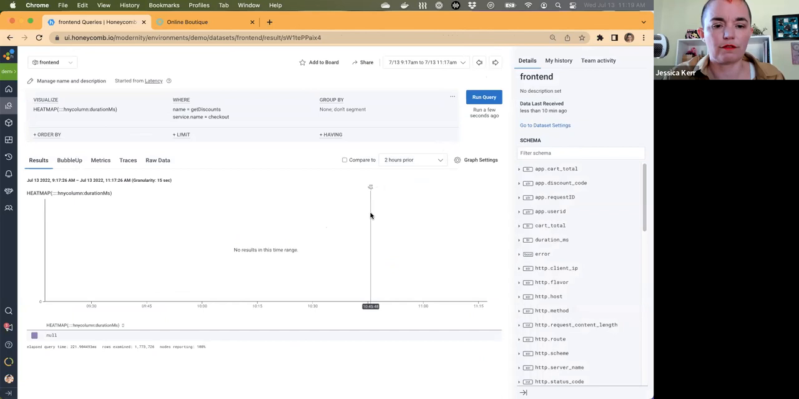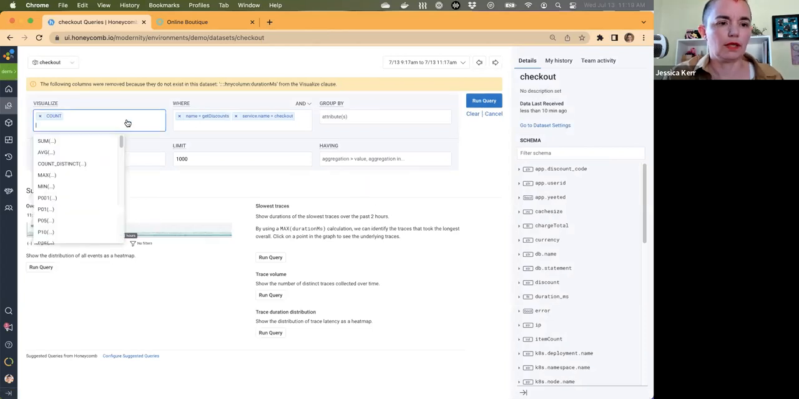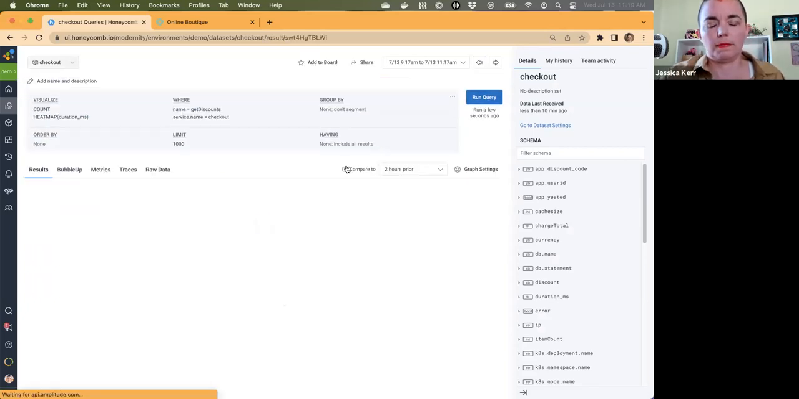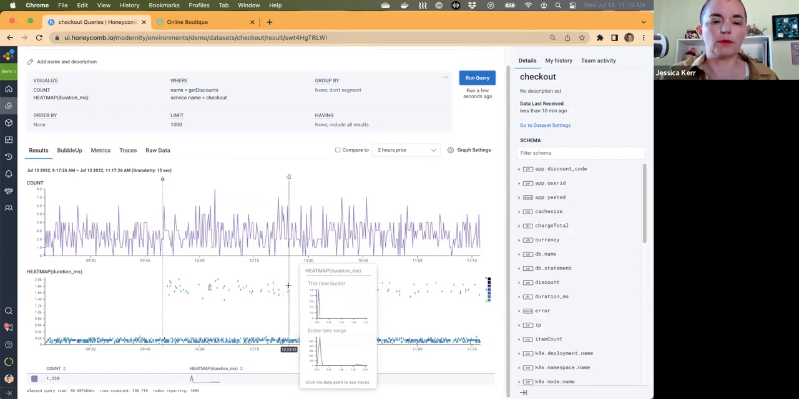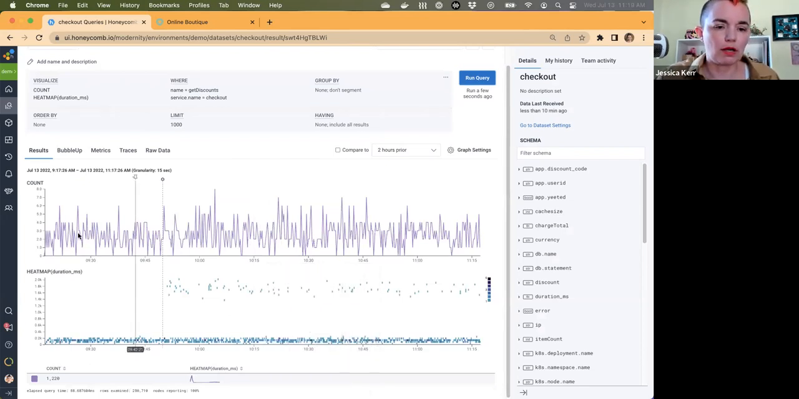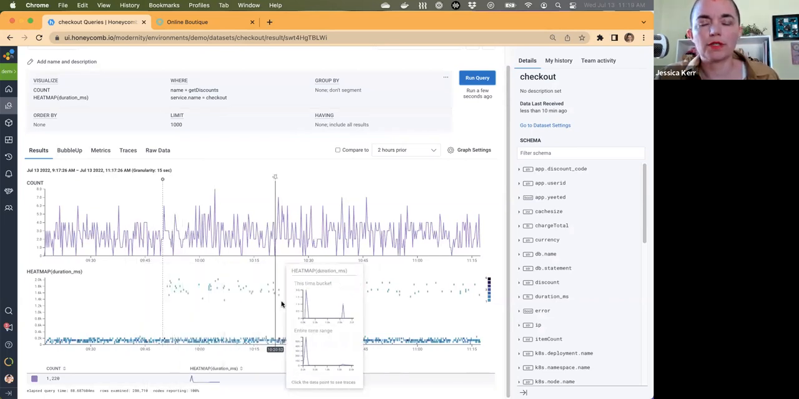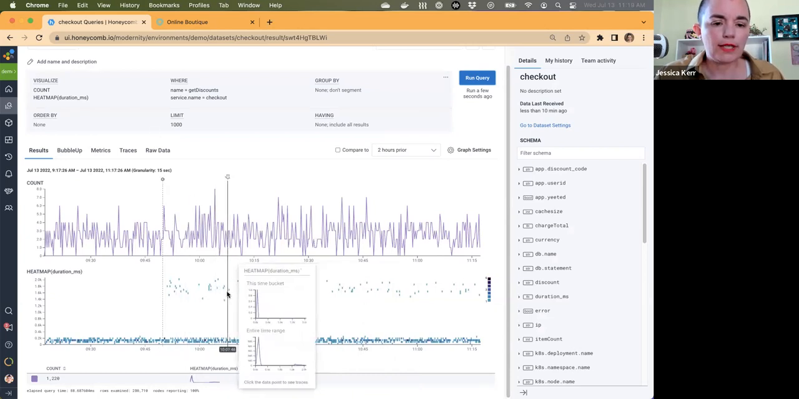Let's click into this graph. It didn't work. It's because I need to be in the checkout service. And I need the heat map of duration. Okay. So is it normal for get discounts to take that long? I don't think so. It just started two hours ago. That matches the pattern. If I look at that trace again,